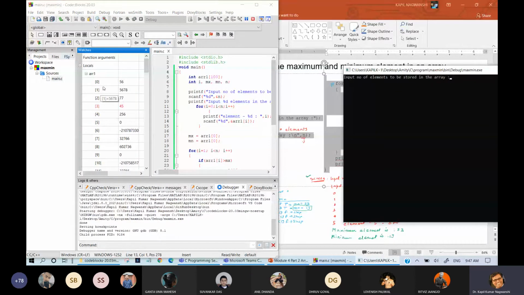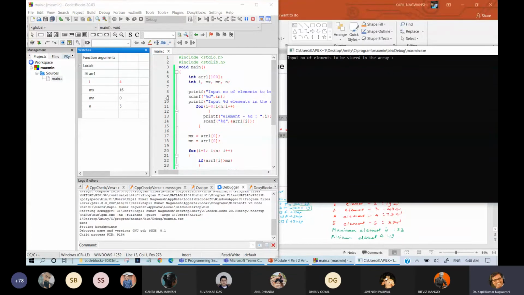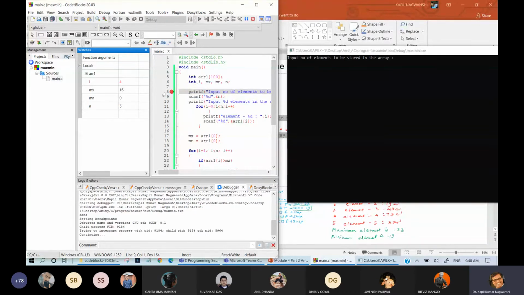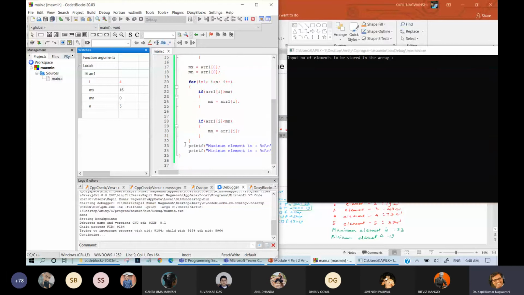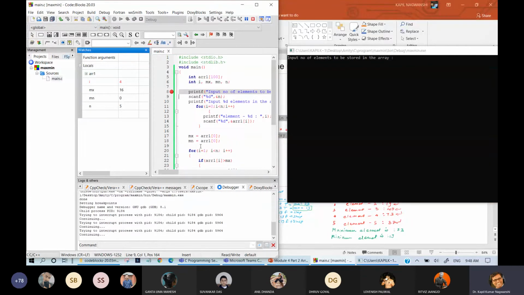So here you can see the execution and watch of another variable. Minimum is 15 and maximum is 16. So we need to toggle. We need to put some breakpoints over here. If we right click and add breakpoint, it will jump to that particular place. So there are 3 breakpoints we have created. Now let us see the execution of each and every element.